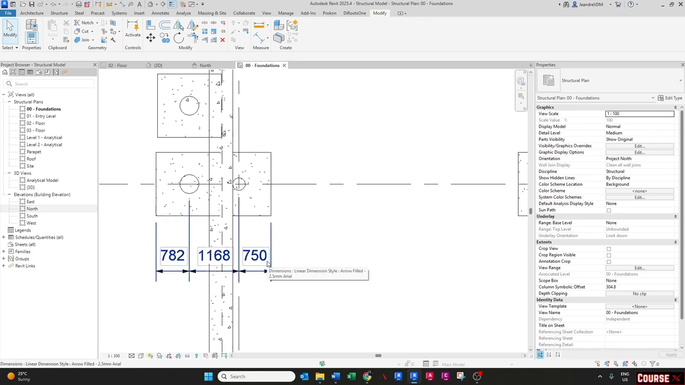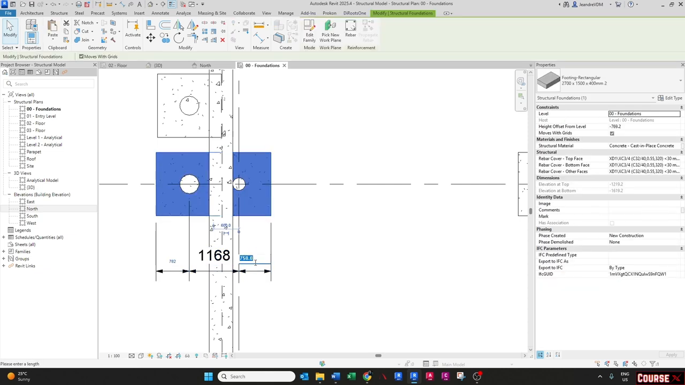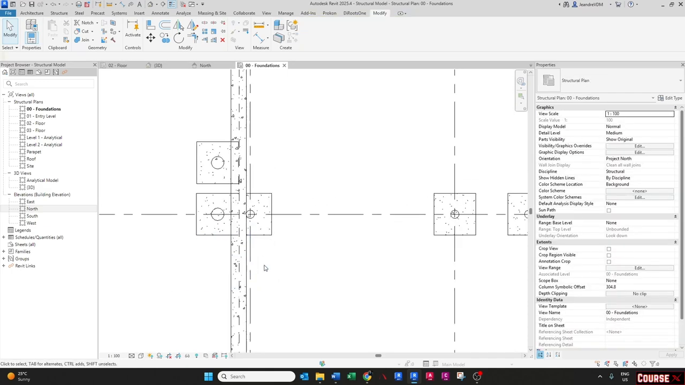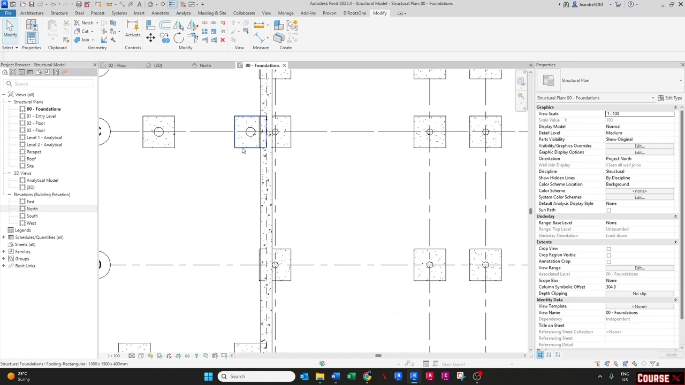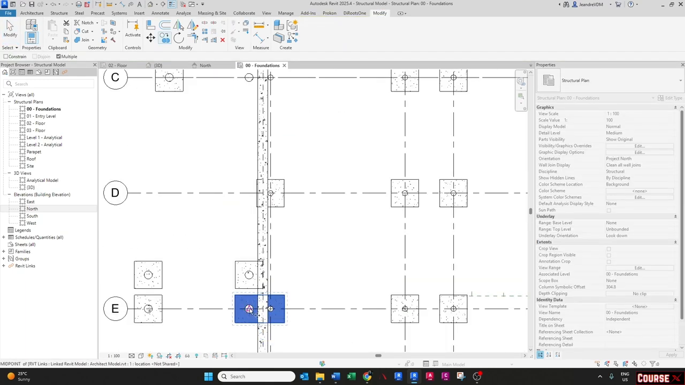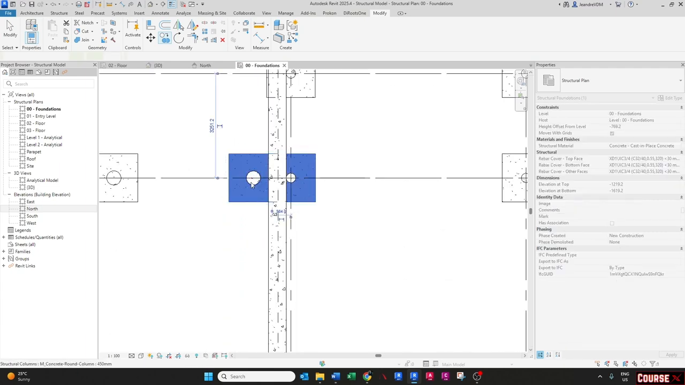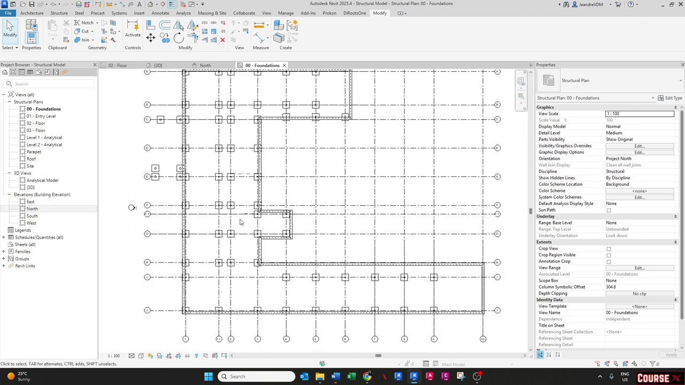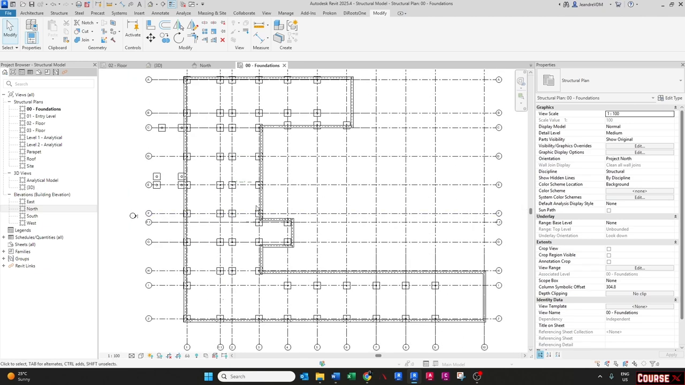So what we can do is just say 782 plus 750 divide by 2. So this dimension needs to be more or less 766. You can just change that, and now it's central to both columns. Okay, so you can go and do the same with this one. Maybe just delete that. I think the spacing would be the same, so you can just copy that over to there. All right, so now that we have placed foundations for all our columns, we can move on to the